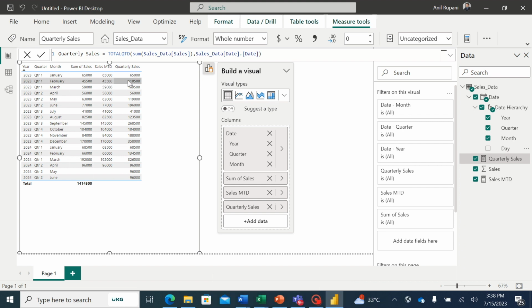But if we are talking about the quarter to date or cumulative quarterly sales, then this would be 65,000 plus 45,500, which is 1,10,500. And in the month of March, the total sales were 59,000. Then my cumulative sales for quarter one would be 1,69,500. Similarly, for quarter two, the sales would be cumulative, and on June end, my total quarterly sales for quarter two would be 1,96,000, and so on. So this is how we can calculate the QTD values, just like the MTD values,